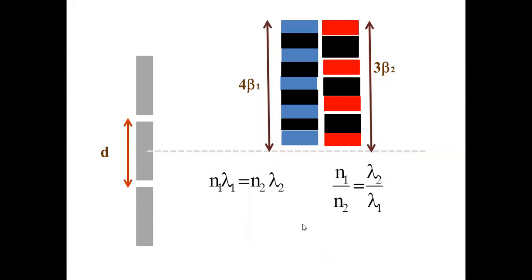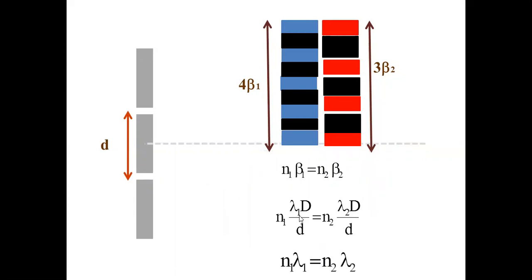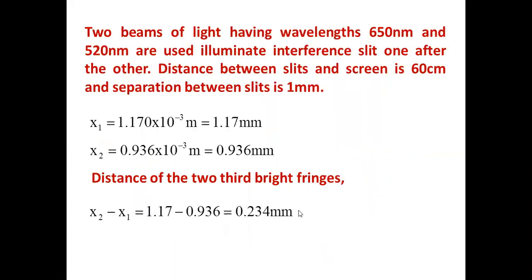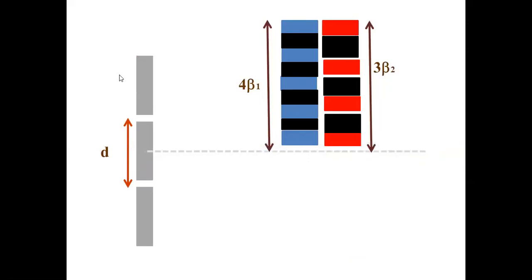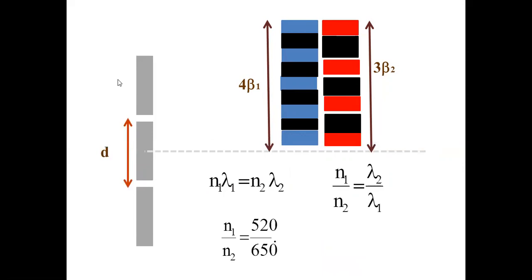What is N1? 520. 52nd. What are the wavelengths? I have forgotten the problem. The wavelengths are 650 and 520. Okay, remember it. 650 and 520. Yeah, it is here only. The 52nd fringe of 650. It is not 520, because for 650 nanometer, the larger wavelength, it is like a friend keeping larger steps. He needs a lesser number of steps. What about 520? It needs more steps. Got it?